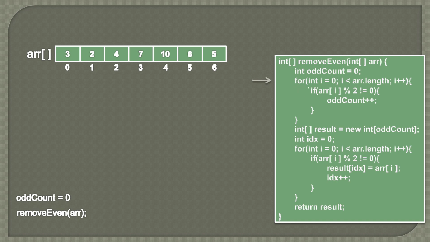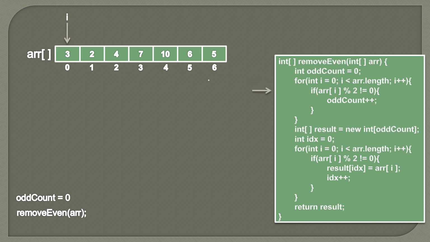Now we provide a for loop and we traverse the array elements one by one. So starting from i equal to 0, which is index 0, we go till i is less than array.length. So array.length is 7 because there are 7 elements, and less than 7 means up till 6. So at the start, i is less than array.length.